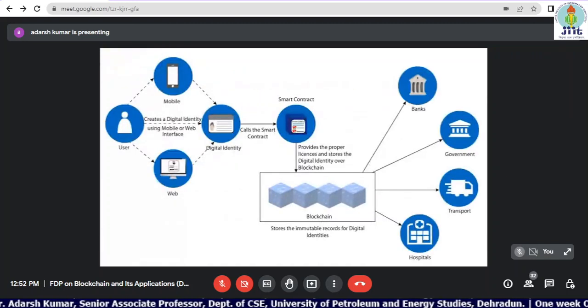So this is one typical scenario of how a user can give identities to hospitals. The user himself can give identities using the mobile app, or with the web app he can share the information. Information will be shared with the help of smart contracts: with whom to share, what information he has to share, and what the destination party expects when accepting your identities. All this can be written in smart contracts, and inside the blockchain network those identities can be shared.